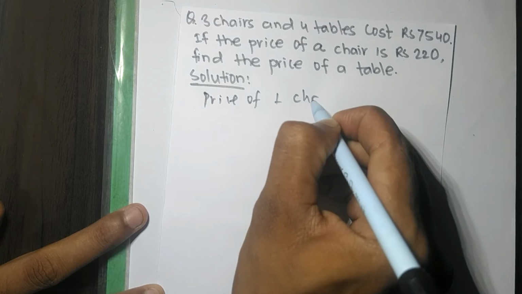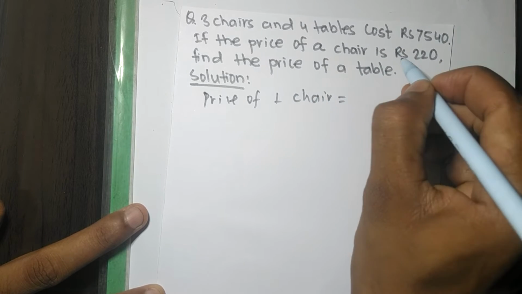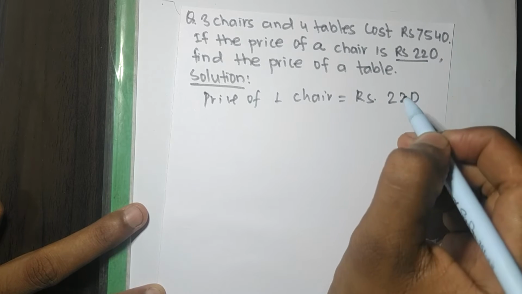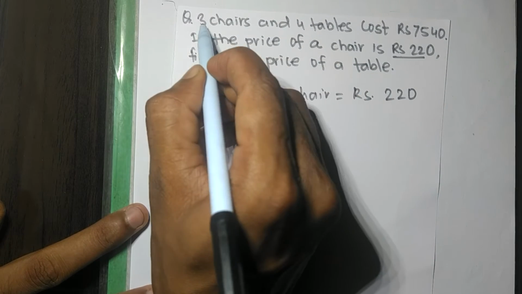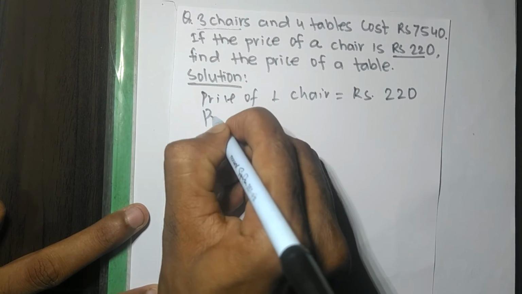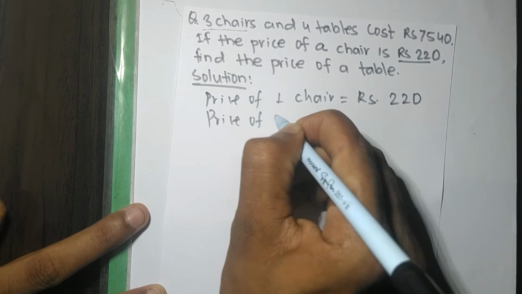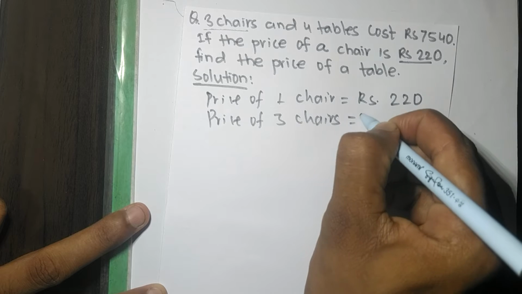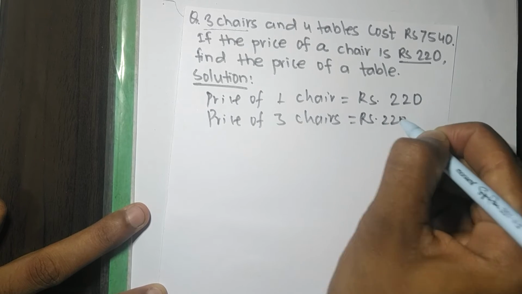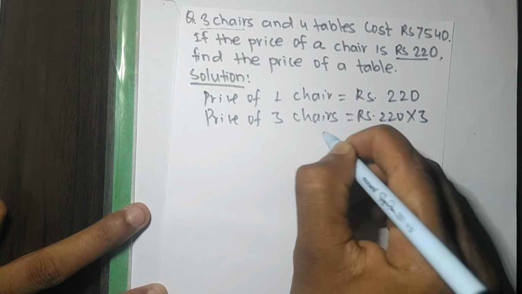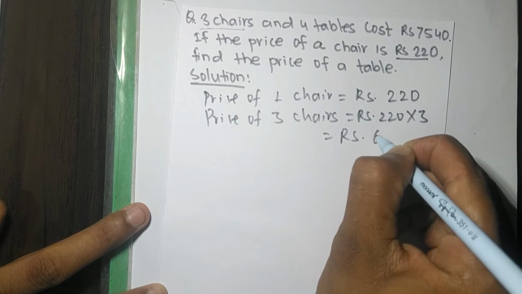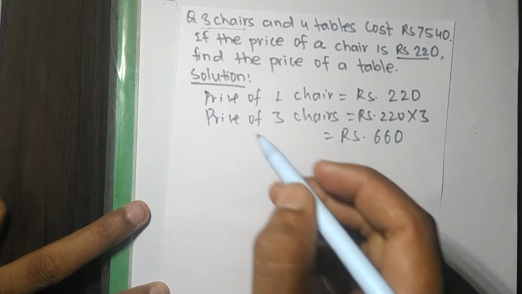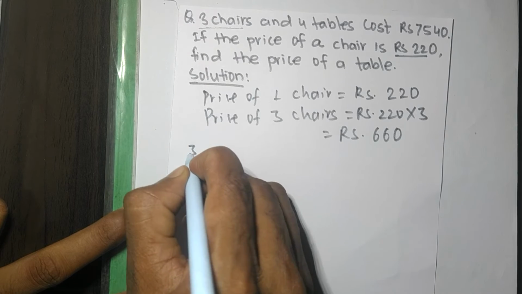The price of one chair that we have been given is Rs 220. So we have here 3 chairs. So the price of 3 chairs is equal to Rs 220 into 3, that is Rs 660. As the cost of 3 chairs